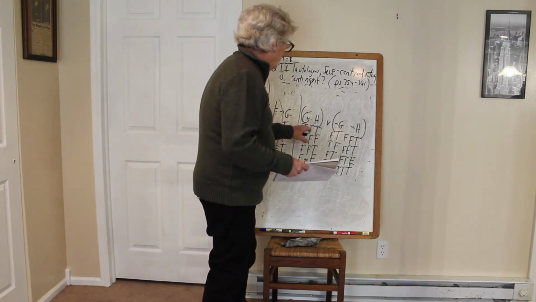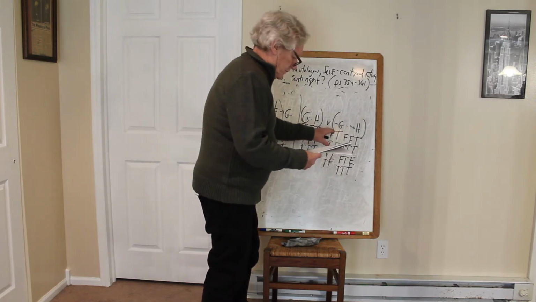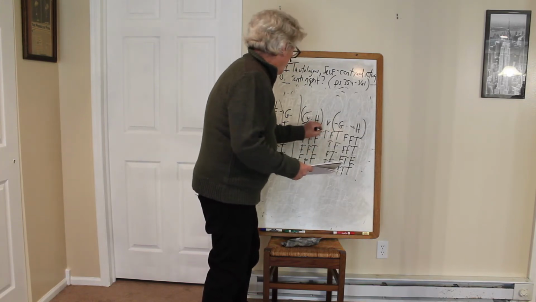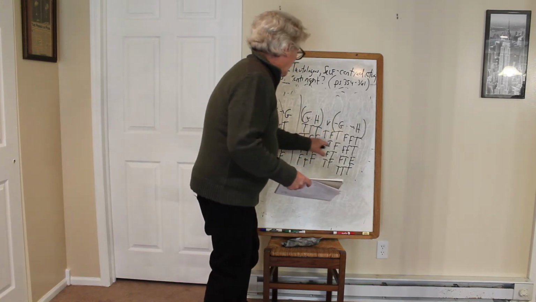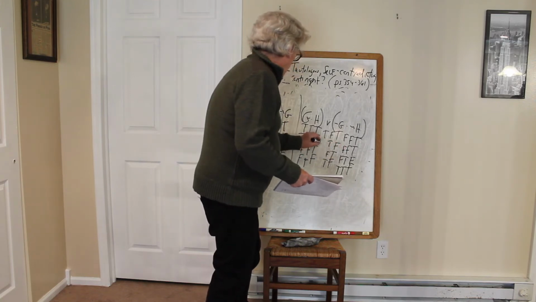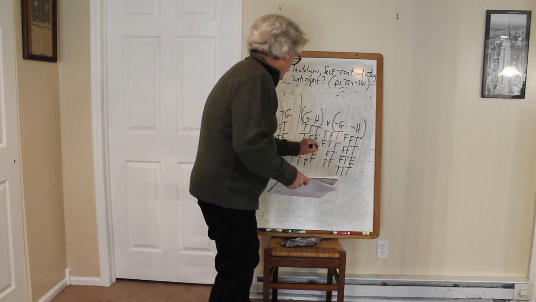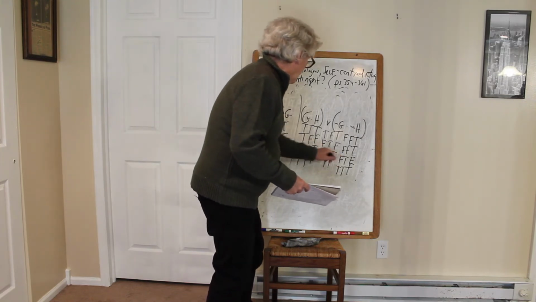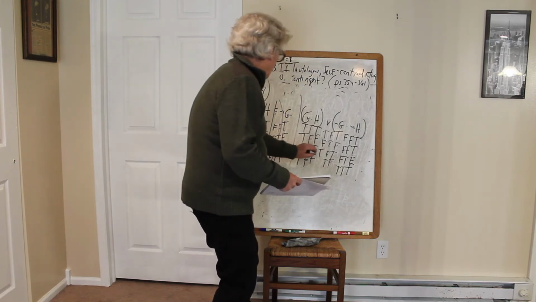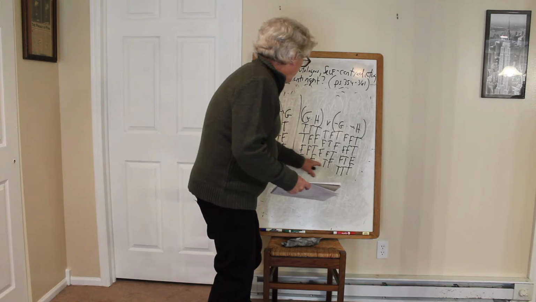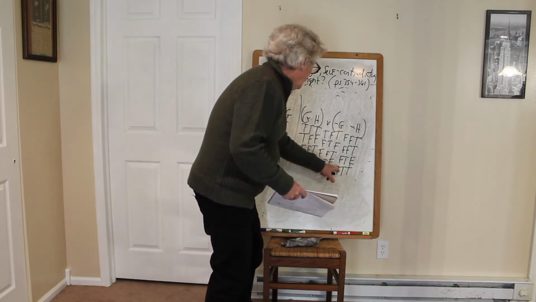So T or F is T, and then I'm going to get F or F, which is F, and I'm going to get F or T, which is T. But F or F, which is F, and then I'm going to get F dot T,